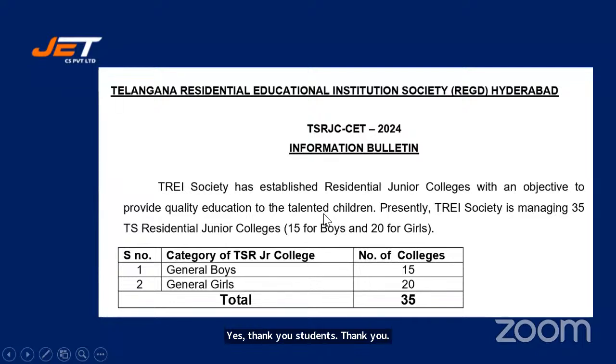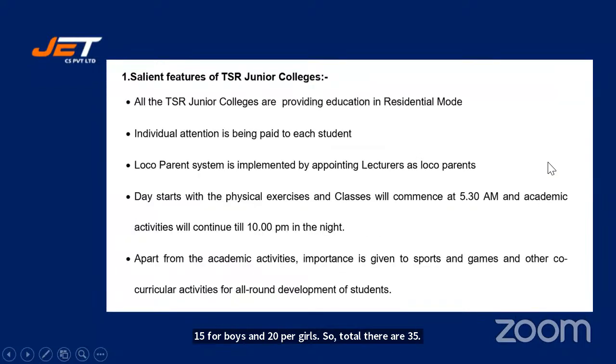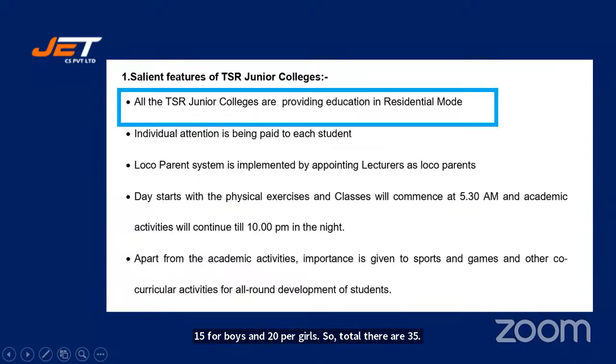So as you know, TSRJC, the Telangana Residential Educational Institutions Society, is conducting an entrance exam for admission into junior colleges, right? There are 35 TS residential junior colleges, 15 for boys and 20 for girls. So in total there are 35 colleges of TSRJC. And coming to the salient features of TSR junior colleges, all these colleges are providing education in residential